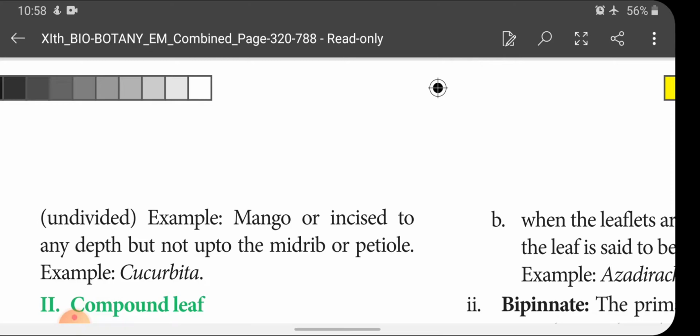In some leaves, such as the leaves of hibiscus, you can see some margins with incisions, isn't it? Some sharp margins you can see in the hibiscus margins, and this is called what? Incision. In some plants the incision may extend up to the rachis. In that case we can see compound leaves. In compound leaves, when the incision runs up to the rachis or petiole level, then it forms a compound leaf. But in simple leaves the incisions will not extend up to the midrib level.